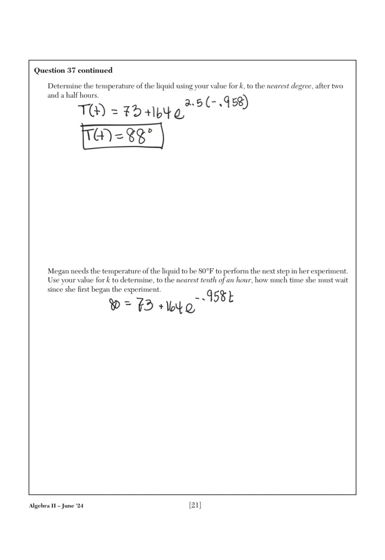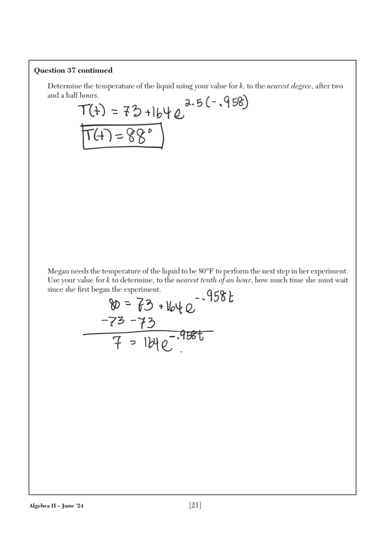So again, let's do some math here. I'm going to subtract that 73 over, and I end up with 7 equals 164 e to the negative